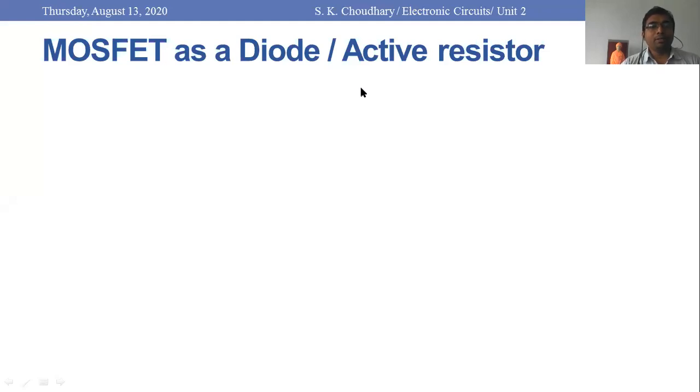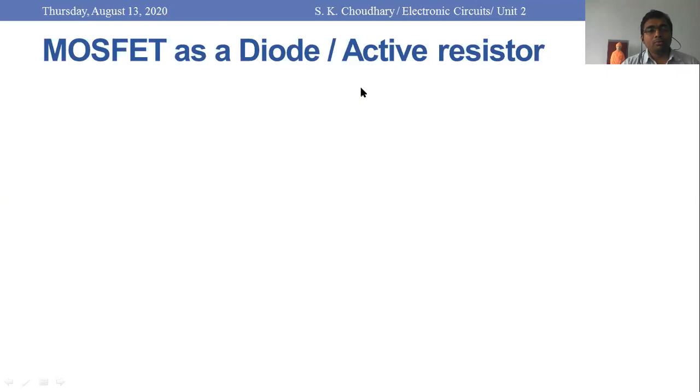Okay. Now we come to the topic. First of all, we have to take a quick look at the last lecture. In the last lecture we discussed MOSFET as a switch as well as the MOSFET inverter. We started with the topic of MOSFET working as a switch. Then we discussed the MOSFET inverter with resistive load.